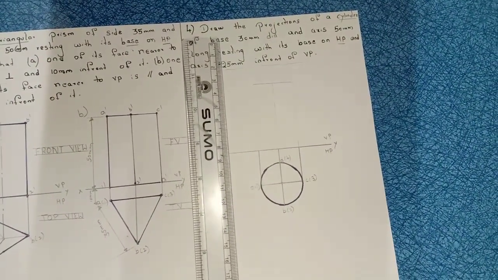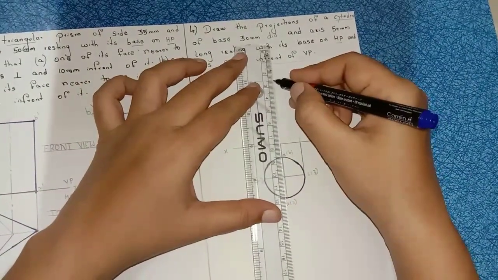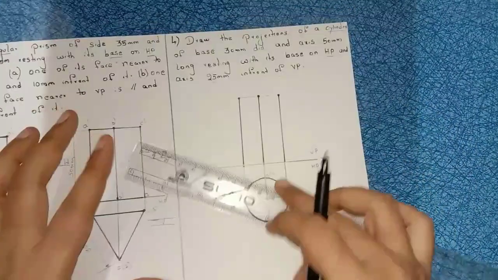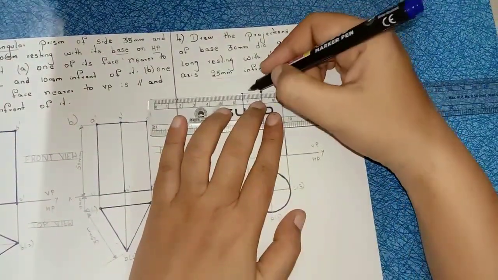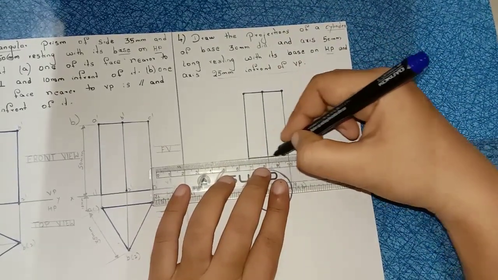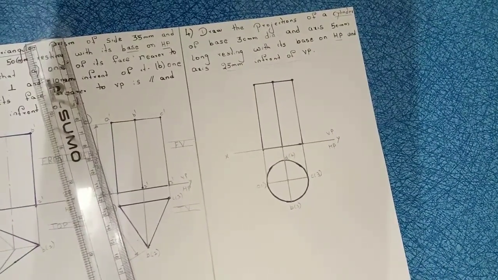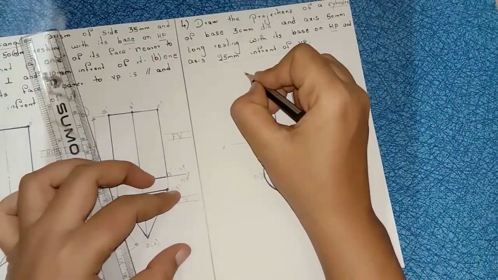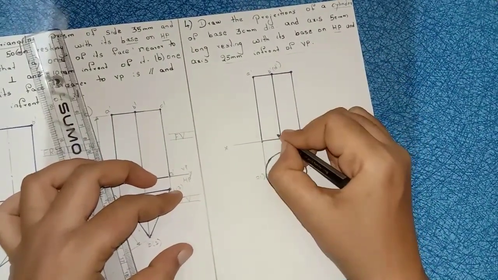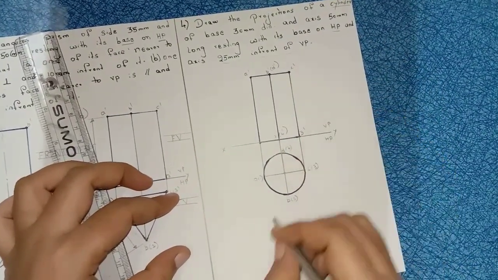How much is the axis height? Axis height is 50 mm. So take 50 mm, 50 mm and here also 50 mm, right? And join this. These are all prisms, no? Prisms are bounded by rectangular faces. So that's why in front view we are constructing all rectangular faces, right? So here A dash, 1 dash, B dash, D dash, 2 dash, 4 dash, C dash, 3 dash.